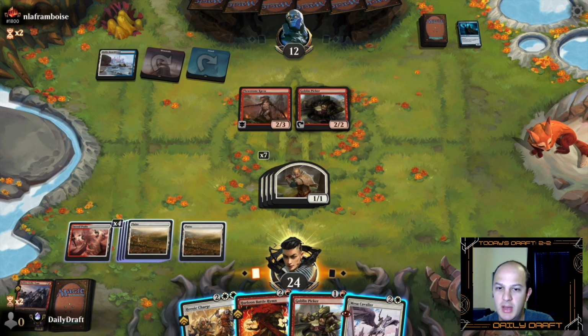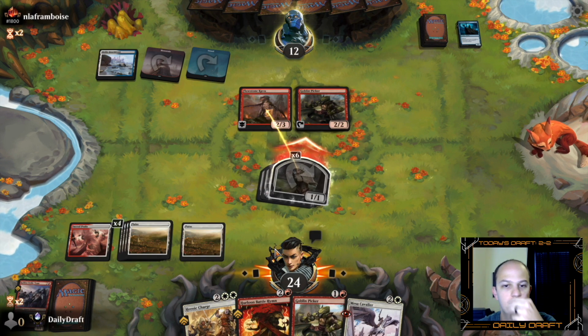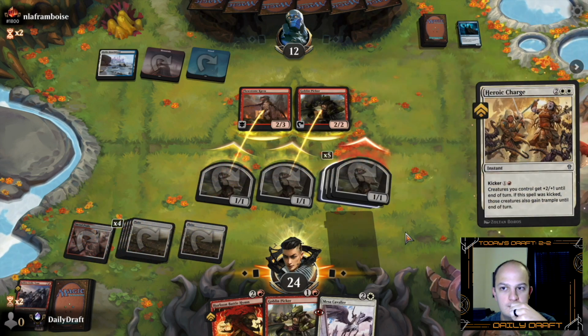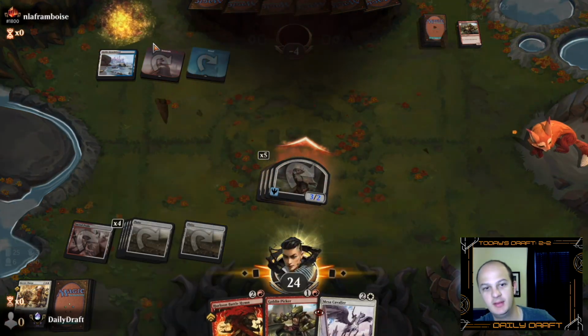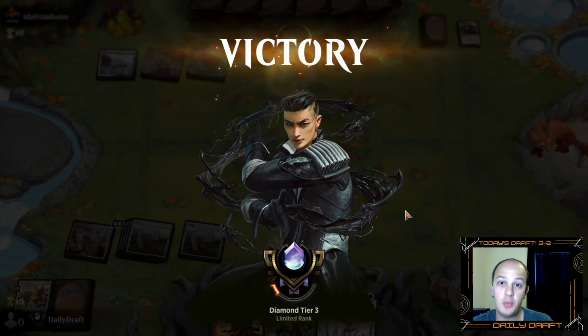Yeah, seems like it's about time here, isn't it? Alright, sweet. We did it. Our plan worked. Granted, they got mana screwed, but you know what? So did we twice this draft, so...